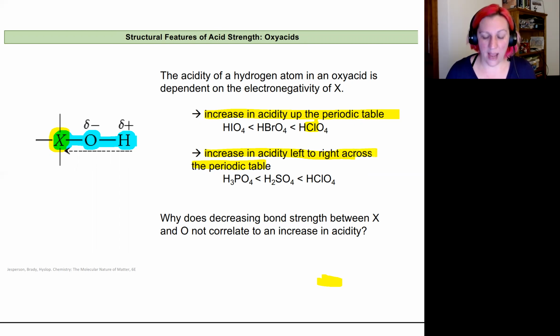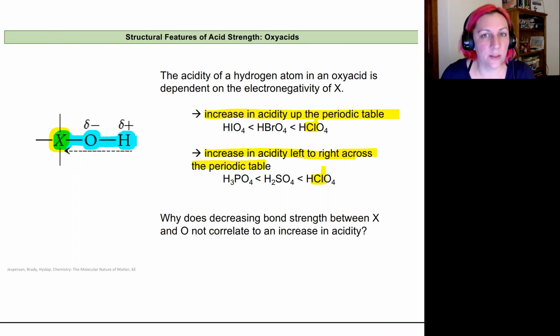And so that means it's going to be more acidic as the electronegativity of X increases as well. So something like chlorine would be more electronegative than something like phosphorus. And so it's going to be more acidic. And so we're really just going to see the electronegativity of that X dictate relative acidity for our oxoacids. And so we're only going to rely on the electronegativity of X to predict relative acidity